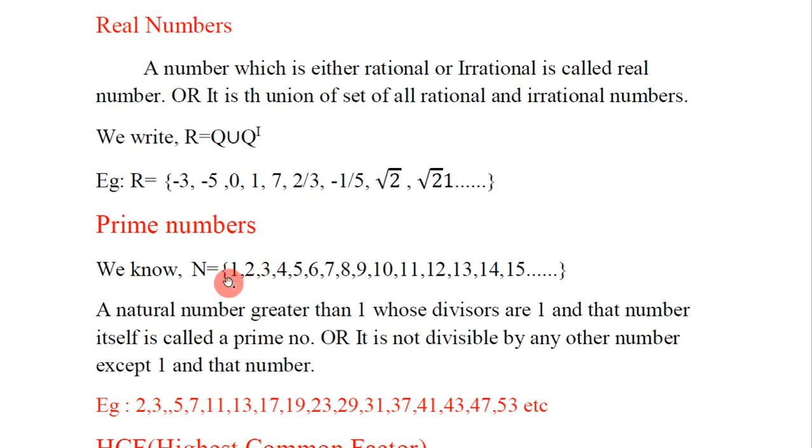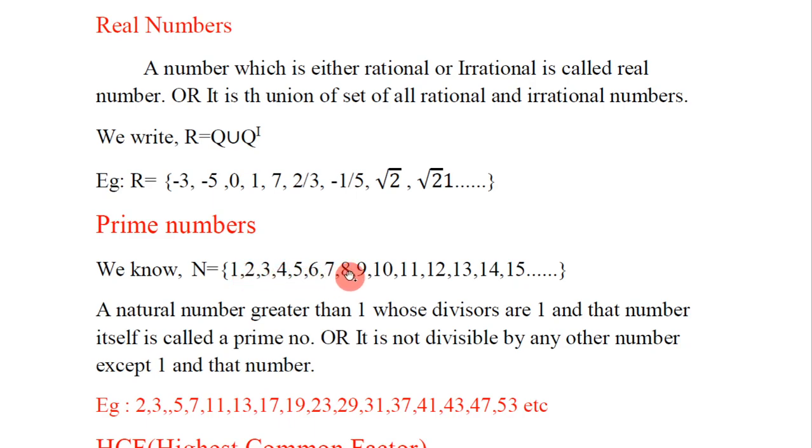So we can notice that starting from 2, because a prime number by definition is greater than 1, we don't consider 1 as a prime number. It starts from 2. So 2 is the first prime number and it is also the only even prime number. Then 3. 3 has no divisors other than 1 and 3. Next is 5, because 4 has a divisor 2, and then next is 7. 8 is not a prime number because 8 has a divisor 2 and another divisor 4.